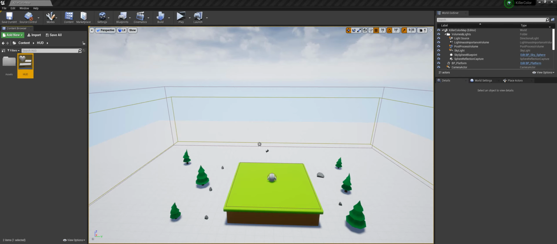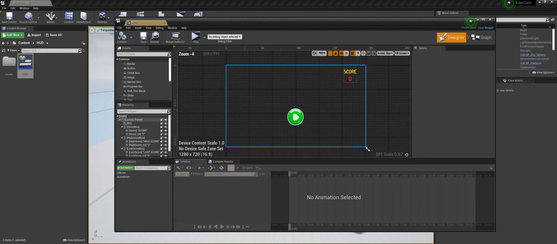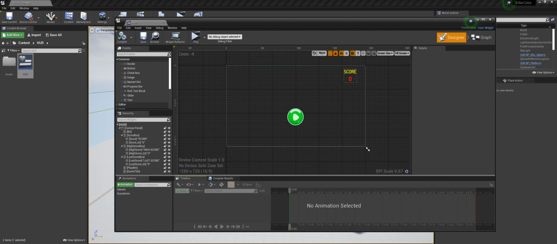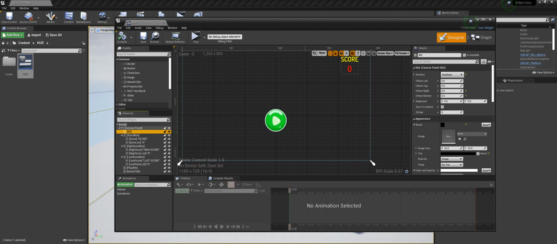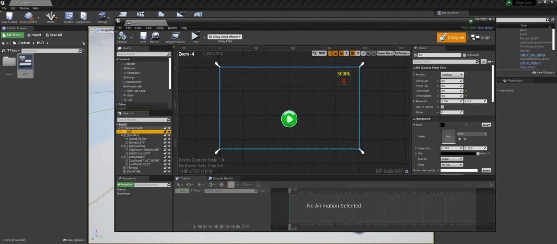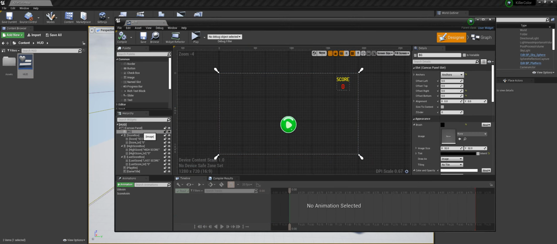Alright, so in the last video we created our HUD and added animation. Now we missed a few things that we're going to rectify in this video. First of all, we didn't animate the BG, so we need to do that as well. For now we'll remove the BG, and we will remove